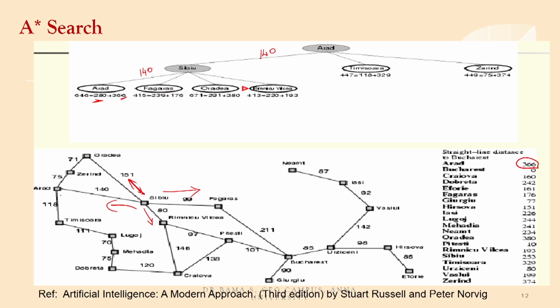And similarly, the second place that starts with F, from Arad to this place it is 140, and from S to F it is 99. So, 140 plus 99 makes 239, which is right here. 239 plus this 176, this is the h of n value, which comes from 176 here. So, if we go through that, here we have 646, 415, 671 and 413, also we have 447 and